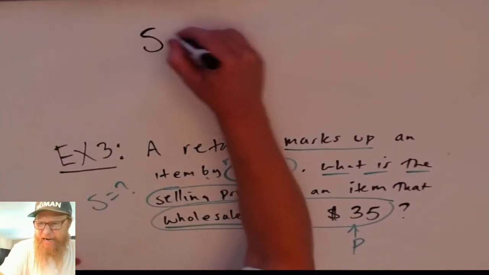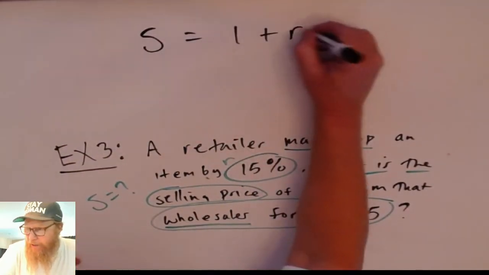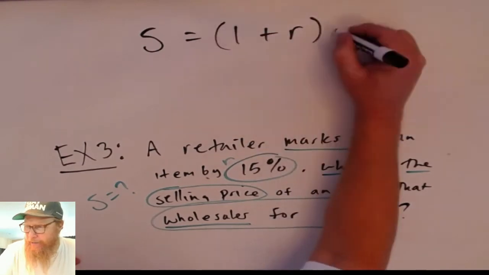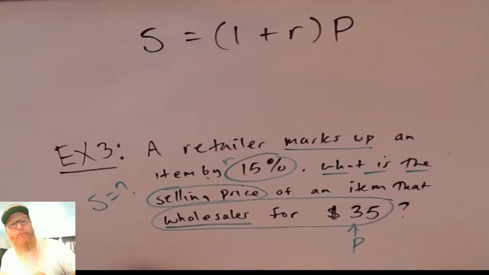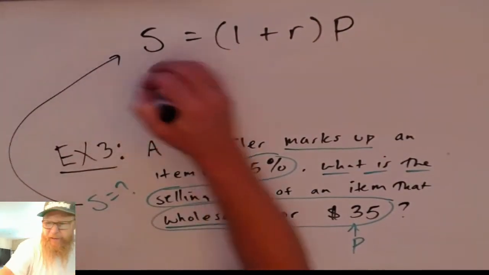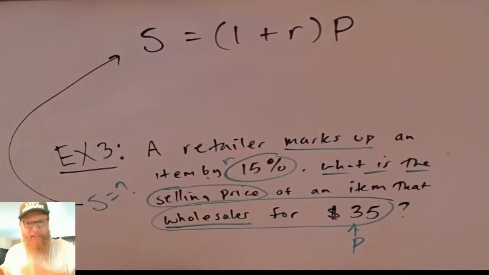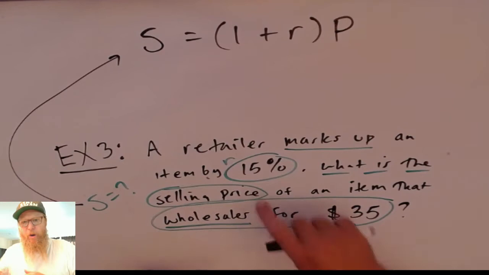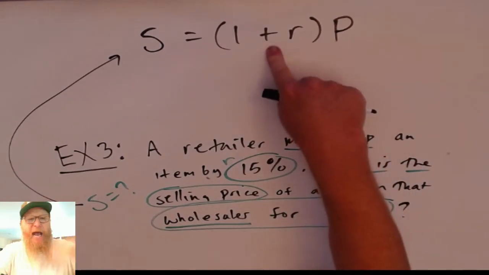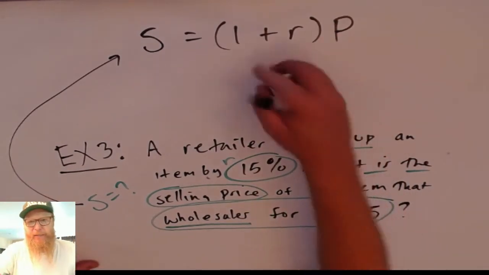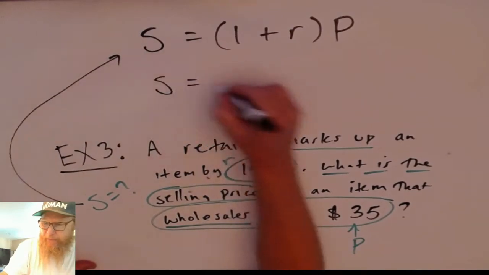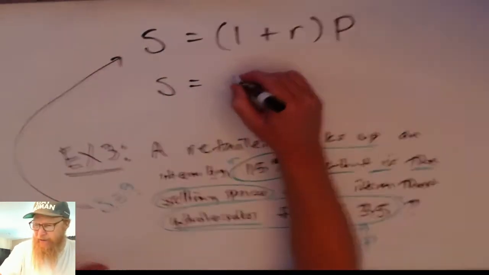So you're going to say S is 1 plus R times P. Same formula as before. Markup, so plus, we're adding an additional 15%. So the selling price of a $35 item,